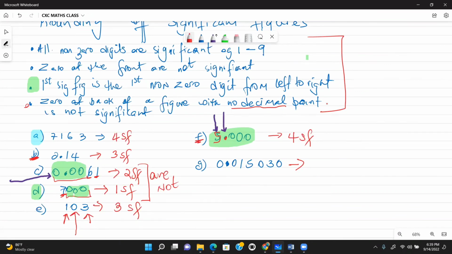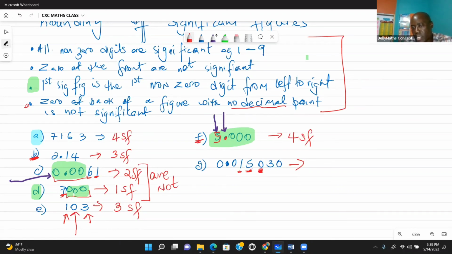I like 5. Yes, Daniel, I love 5, because the 1 is the first, the 5 is the second, this 0 is significant because of where it is, the 3 is significant, and because there's a decimal point and we started counting significant figures, everything becomes significant after that. So you realize that we have 5 significant figures. Believe it or not,